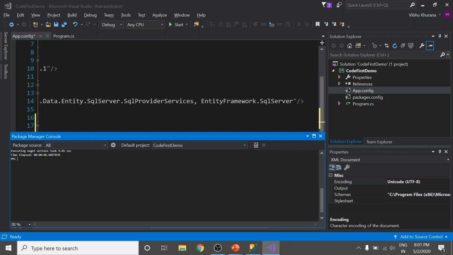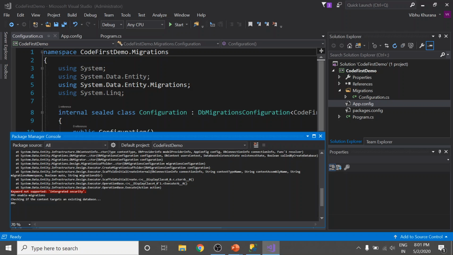Okay. Now I am again going to the package manager console. We need to enable code first migrations here. So in order to enable that, we just run the command enable migrations. Wait for a while. As you see, installation is done for my current project. Now, out of the steps that I have done so far, like installation of Entity Framework, addition of the connection string, and enabling migrations, these are the steps that we need to do only once.